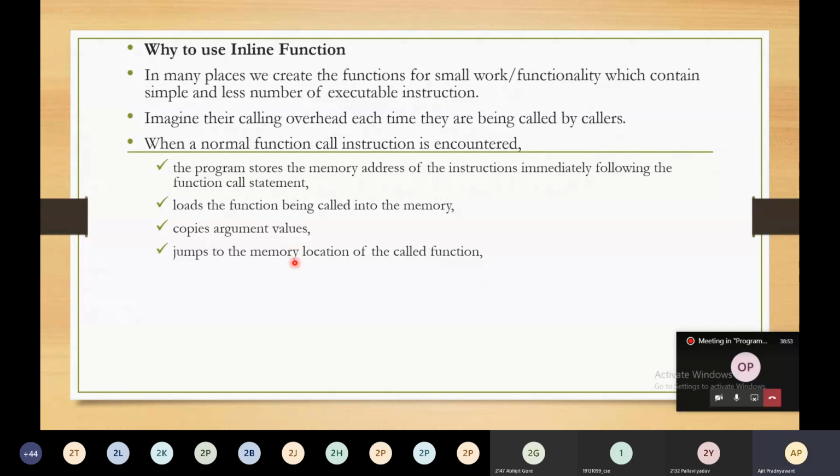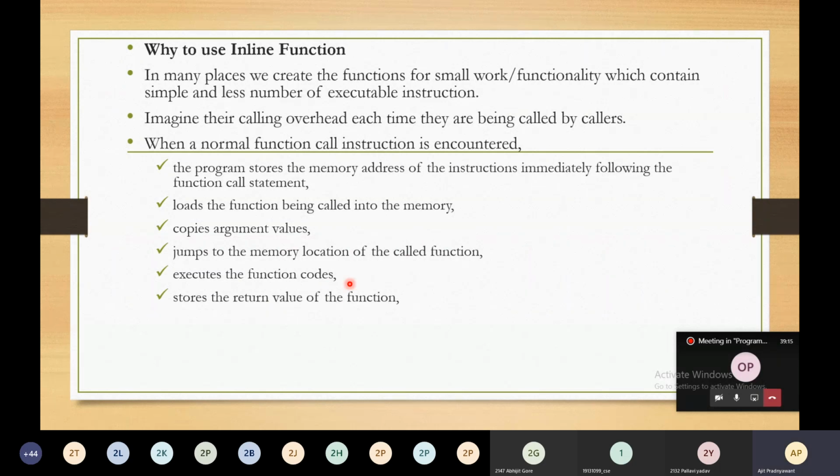It jumps to the memory location of the called function. After copying, it goes to the memory location of the called function. Then it will execute the function code.